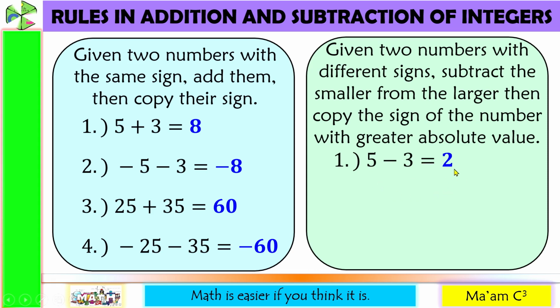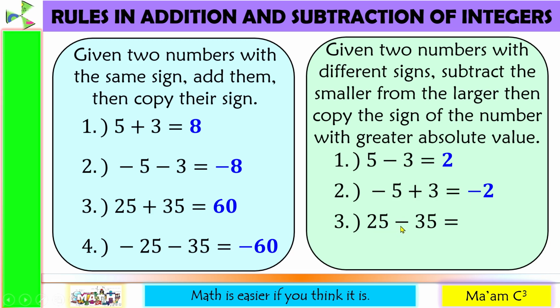The sign of the answer depends on the number with greater absolute value. The absolute value of 5 is 5 and the absolute value of 3 is 3. So the greater absolute value is 5 and the sign of 5 is positive, so our answer is positive. Number 2, negative 5 plus 3. 3 is less than 5, so again we subtract 3 from 5 and that would be 2. For the sign of our answer, we're going to look for the number with greater absolute value. The absolute value of 5 is 5 and the absolute value of 3 is 3. So 5 is greater than 3 and the sign of 5 here is negative, so our answer will be negative 2. Number 3,